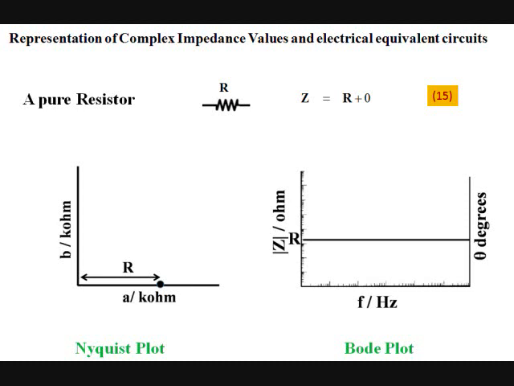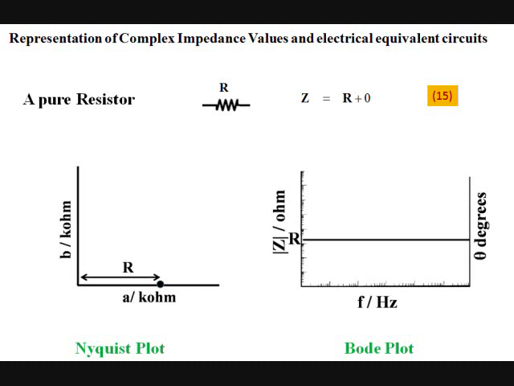The total impedance is equal to R, that is resistance, given by equation 15. R is a single point on the resistive A axis of the Nyquist complex plane plot, whereas on the Bode plot it is a straight line parallel to the log f axis and intersecting the log R axis at the value of resistor R. The straight line indicates that the impedance of the system is independent of frequency and has no reactive component. At all frequencies, the phase angle theta is 0.